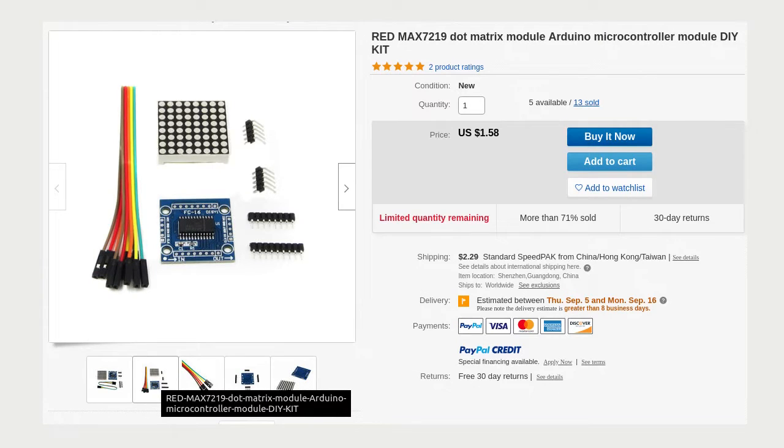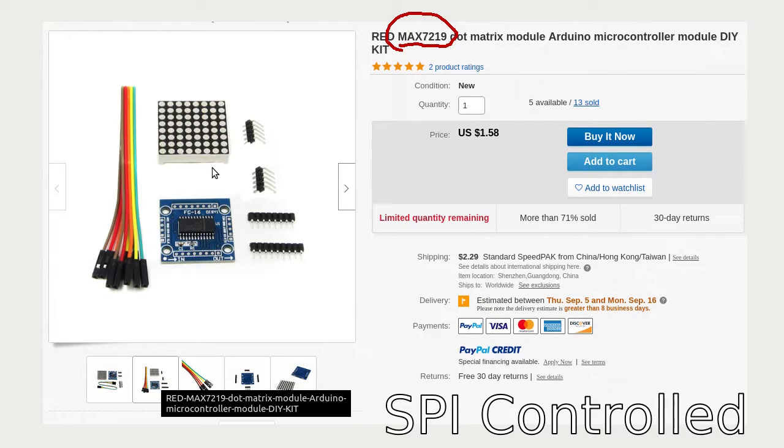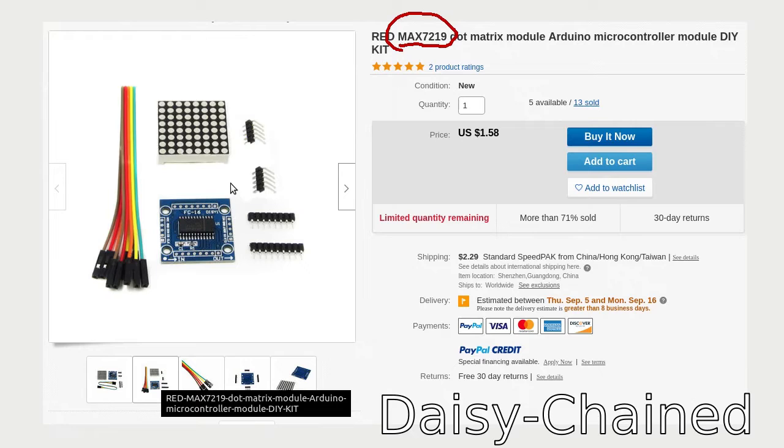So now let's talk about the build. All right, all of this stuff is really about these things right here, the MAX7219. Okay, and it is an LED controller. So here's the MAX right on this board right here, and it will control all 64 of these LEDs on this matrix right there. Okay, so I've put together 8 of these to make a 32 by 64 screen for the